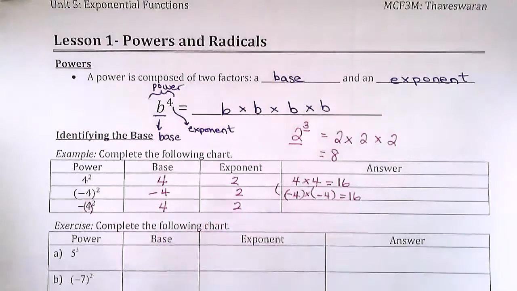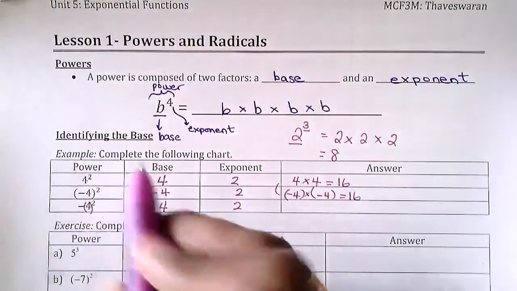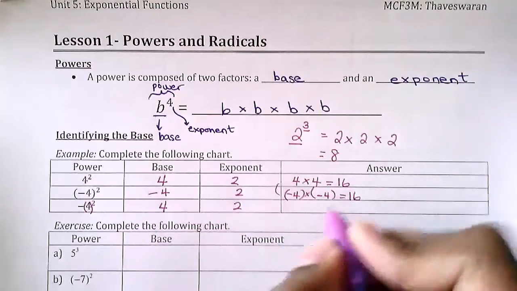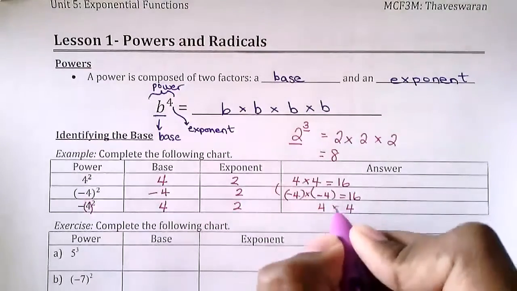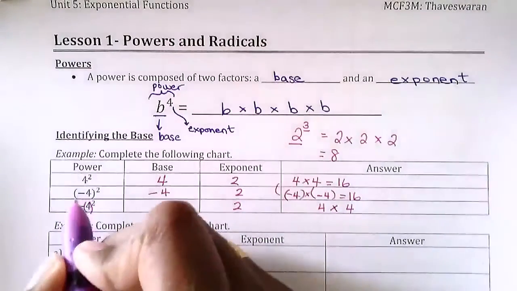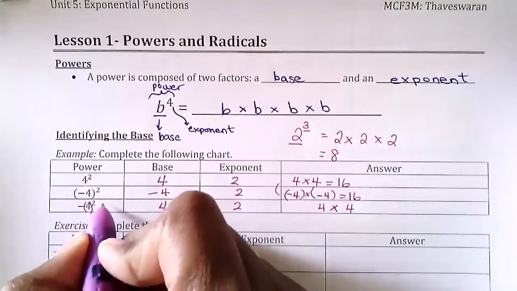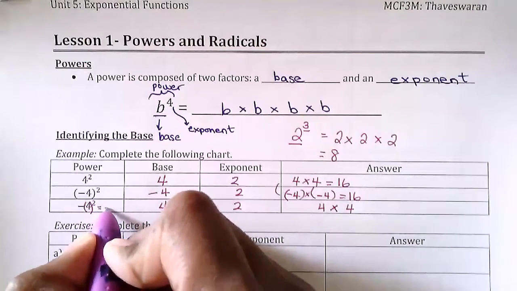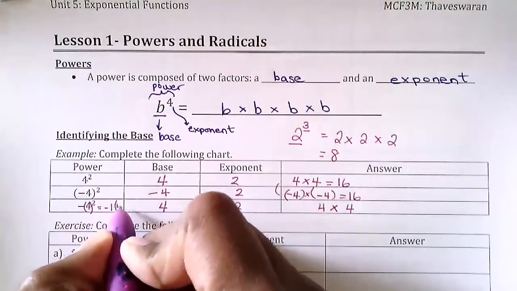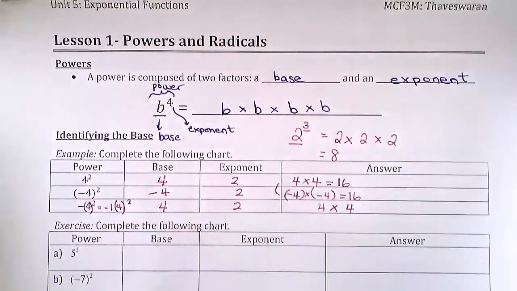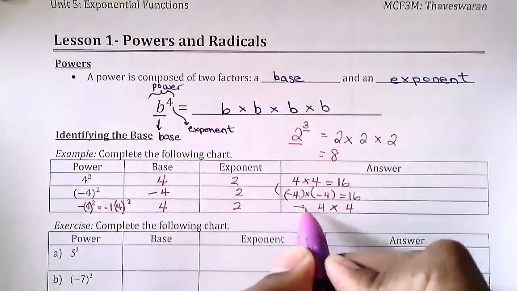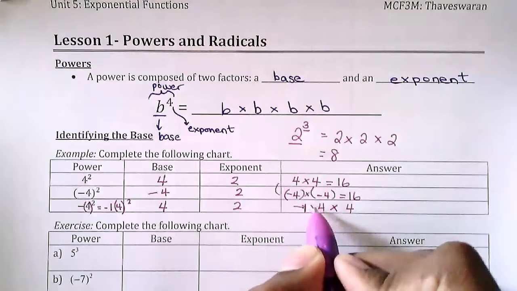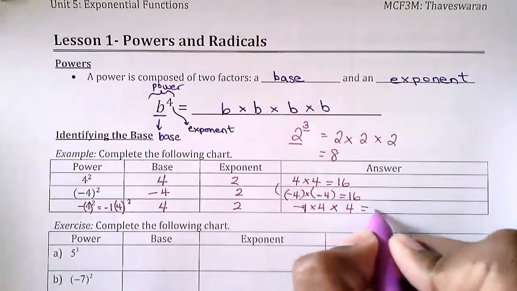The exponent is 2. And again, if we follow the same rules, I take my base and write it out twice, and I'm going to multiply it. The difference here is that there was a negative in front. So if I wanted to rewrite this, I could rewrite it as -1 times 4 squared. These mean the exact same thing. So because there's a -1 being multiplied by 4 squared, I'll take my 4 squared and multiply it by -1 to give me